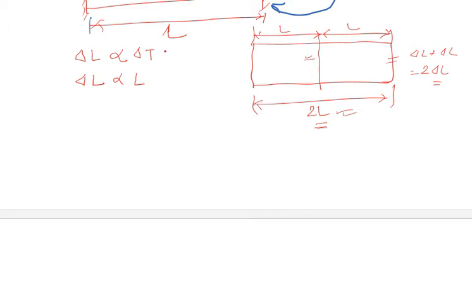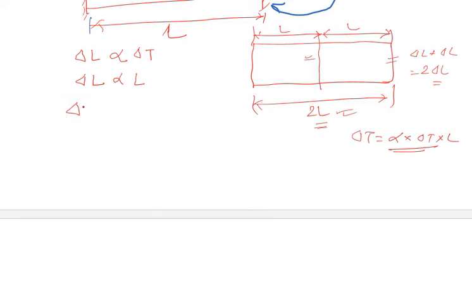That I have written over here. So finally, in the book you will find it directly written: delta L is equal to alpha into delta T into L. Directly it has been written. Okay, so you may get confused about how it is derived. So you can clear your confusion or doubt over here, about how it is being derived and how it is coming.